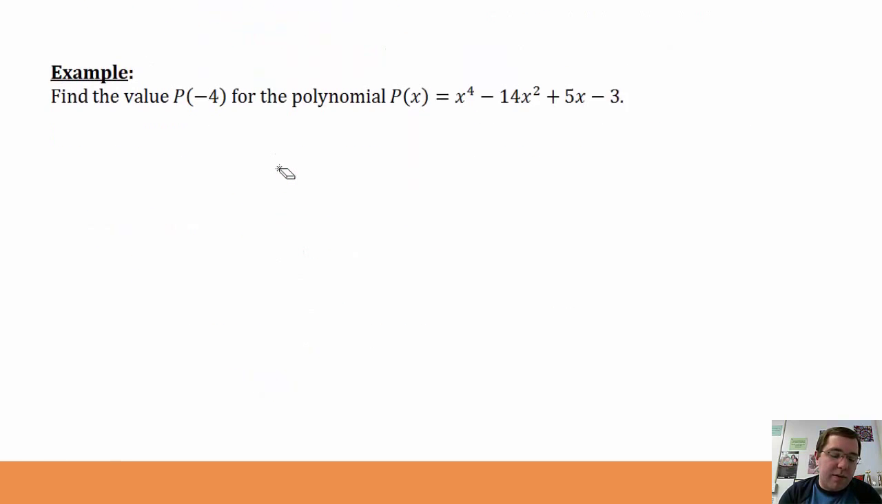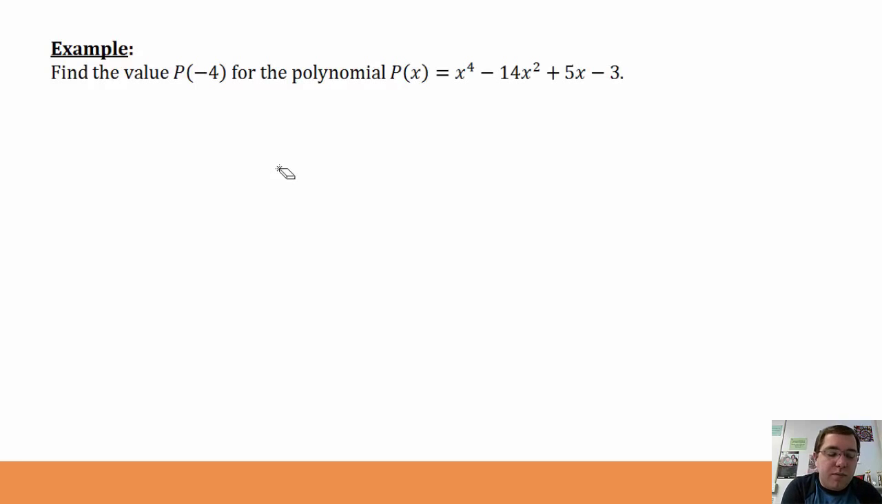So let's take an example of how we can use this. Find the value p of negative 4 for the polynomial p of x equals x to the fourth minus 14x squared plus 5x minus 3. Well, I could do this just by plugging in negative 4 for x and evaluating it. But what the remainder theorem does is gives me a second way to do this, and that's to use synthetic division. Because if I take the remainder when I divide by negative 4, I'll get the value of the function at negative 4. So I'll take negative 4,